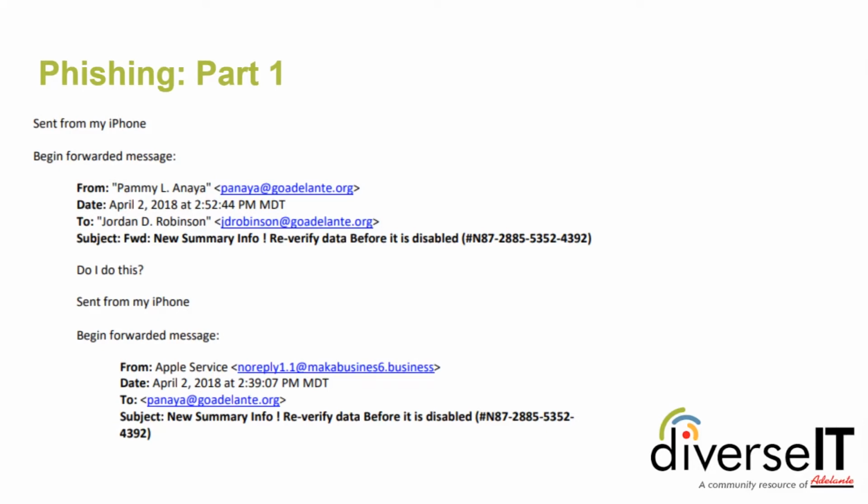Now, the forwarding state is actually going to reveal some information on the screen. If we take a look at this, you'll see that this individual followed my advice in this particular instance and began to forward it. If you take a look at it, there's a subject here that says new summary info, re-verify data before it is disabled, and then it gives you some information that tries to make it look legitimate. Well, if you look at the from area under the begin forward message about two-thirds down the screen,